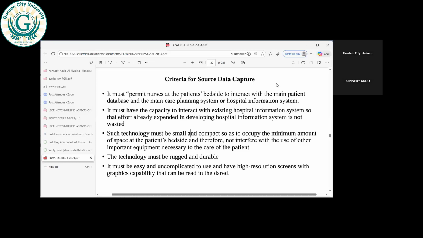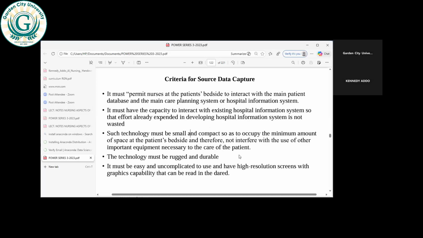Then the technology must be rugged and durable. We want the technology to be able to withstand harsh environmental conditions. And it should also be strong, so that whenever something happens, it doesn't completely get damaged. Once maybe it falls down, you can still pick it up. So it has to be able to withstand harsh environmental conditions and be strong enough to withstand adverse